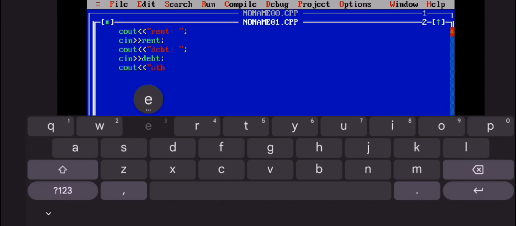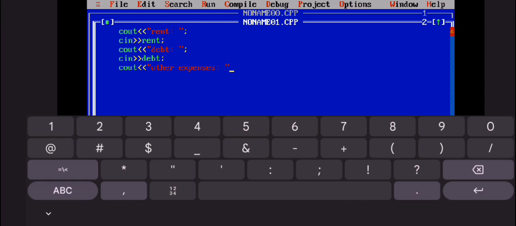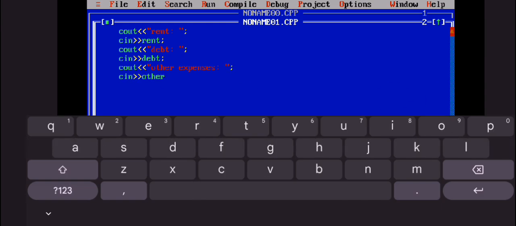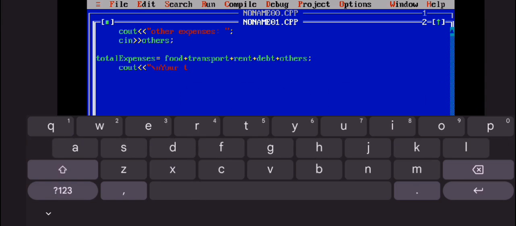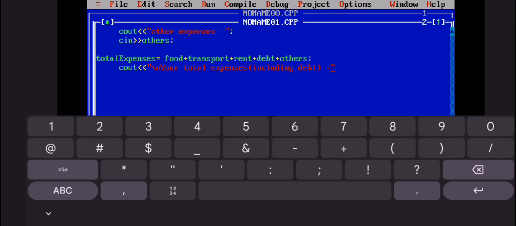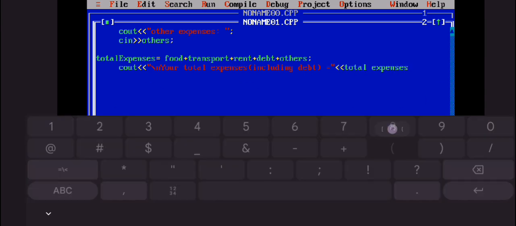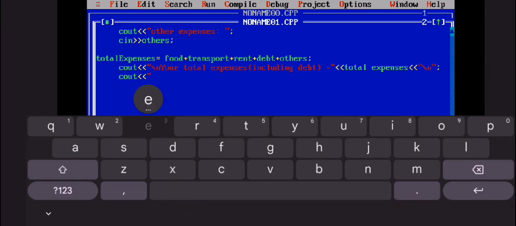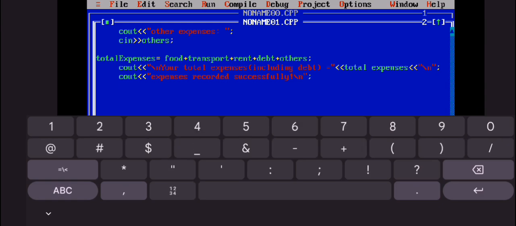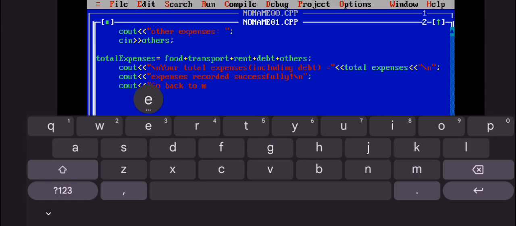And to get the total expenses, there is a formula to be used. And that formula is total expenses is equal to food plus transport plus rent plus debt plus others. Followed by cout Your total expenses (included debt) equals total expenses. Another cout for Expenses recorded successfully. Then followed by cout for go back to menu,